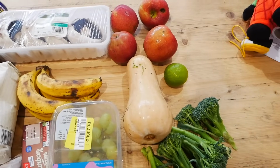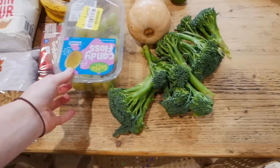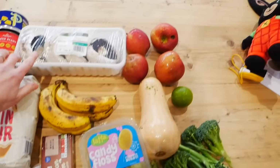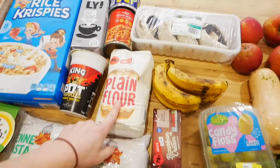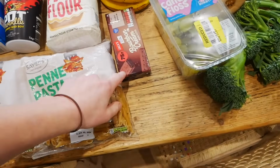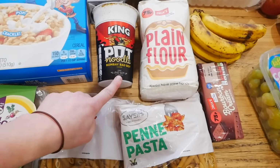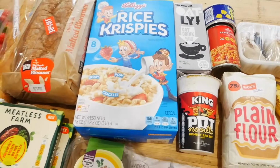Got a couple of apples, a butternut squash, a lime, some broccolini, some candy floss grapes, some bananas, mushrooms, beans and pineapple, plain flour. I'm going to show you the cookies, 2 bits of pasta, pot noodle, oat milk, some cereals,